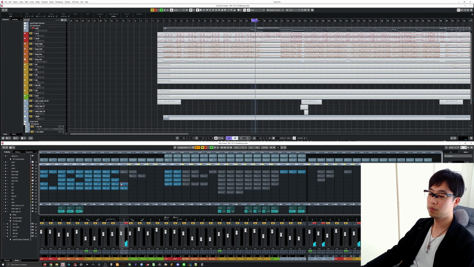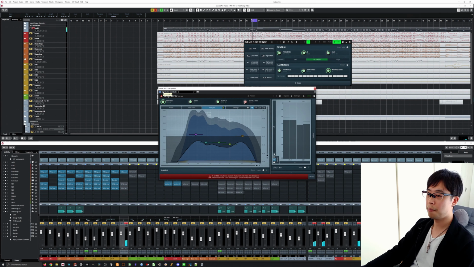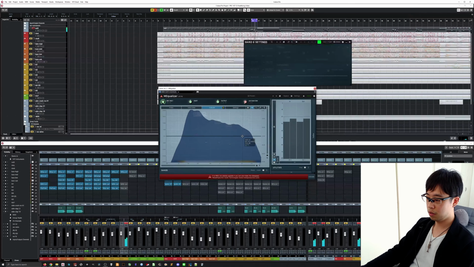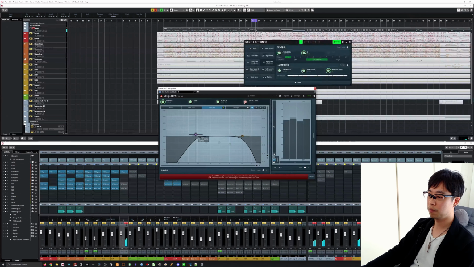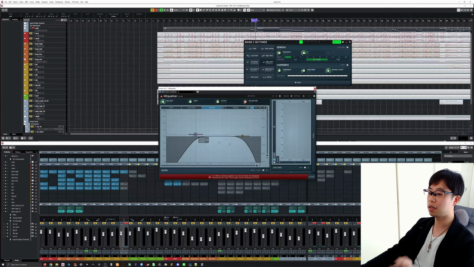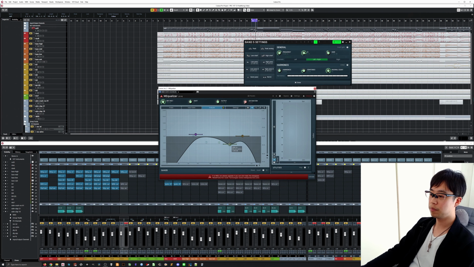Okay, let me explain it one by one. The first one is M equalizer. Okay, like this. The first one is a low pass filter to get rid of high end. Then the second one is a high pass filter to get rid of low end. It doesn't have to be a bass focused track, I think. Then I cut it around 175 Hz. Then here,